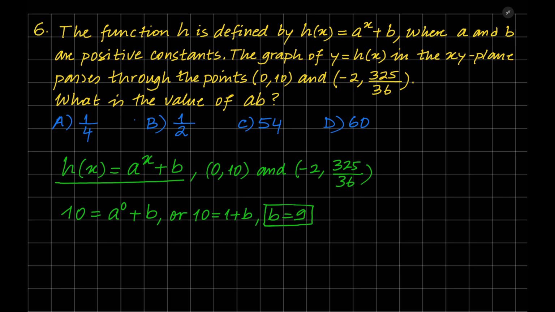Substituting -2 for x and 325 over 36 for h of x in the equation h of x equal a to the power of x plus 9 yields 325 over 36 is equal to a to the power of -2 plus 9, because b is equal to 9. Subtracting 9 from both sides of this equation yields